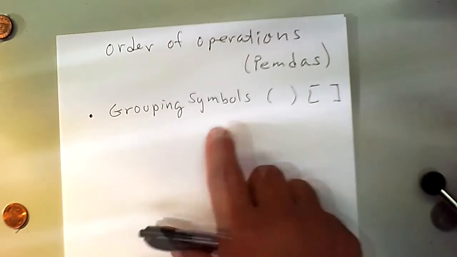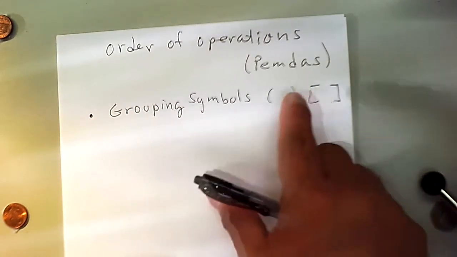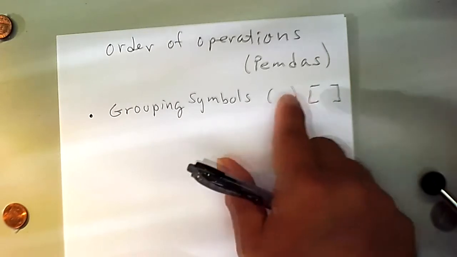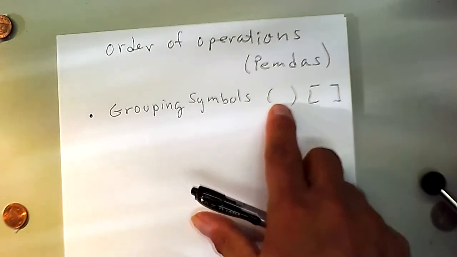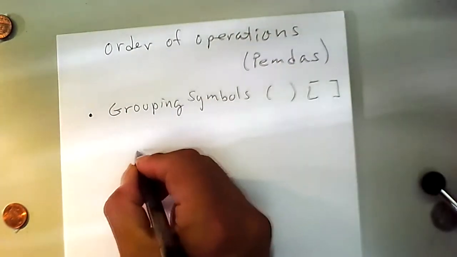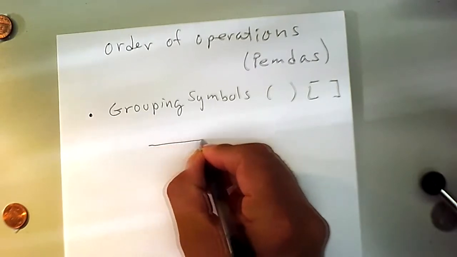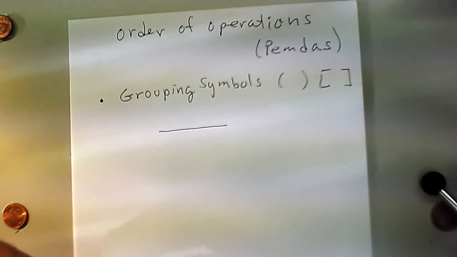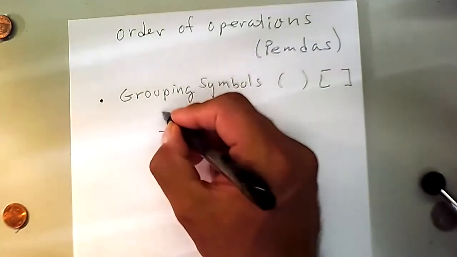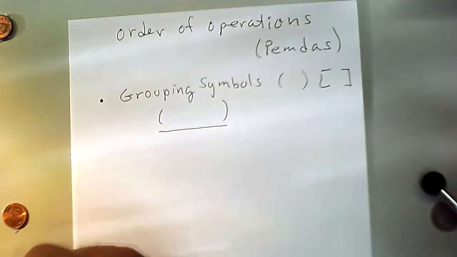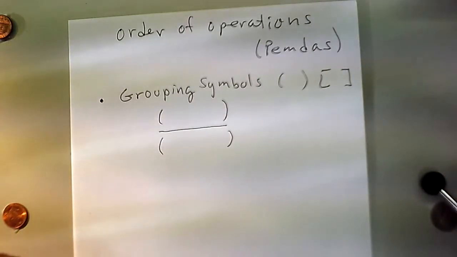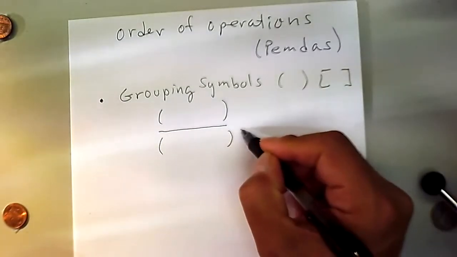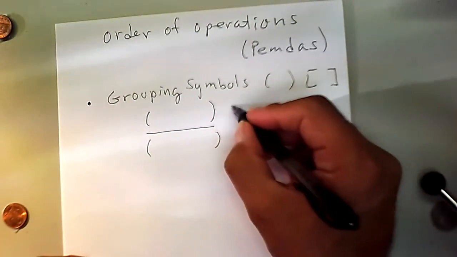So this is the first thing we do. Whenever you see an expression and you scan it, look for those. If there are nested parentheses, one inside of the other, then we start with the most nested one, the innermost grouping symbol. There is something important. Every time you have a horizontal line, there are grouping symbols going on. For instance, when you have a fraction, everything in the numerator is grouped together, even though it is not written as such, and everything in the denominator is grouped together. So whenever we have a horizontal line, that is going on. Those are perhaps hidden.